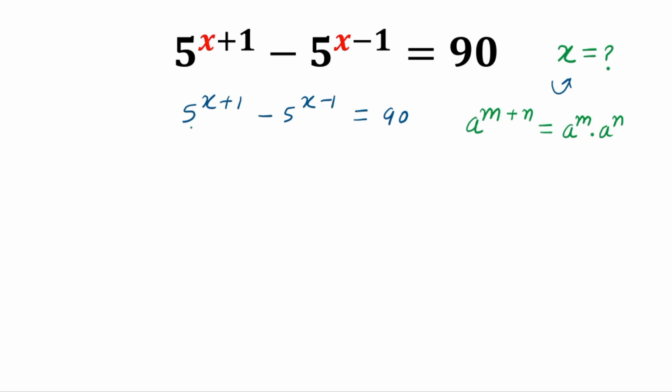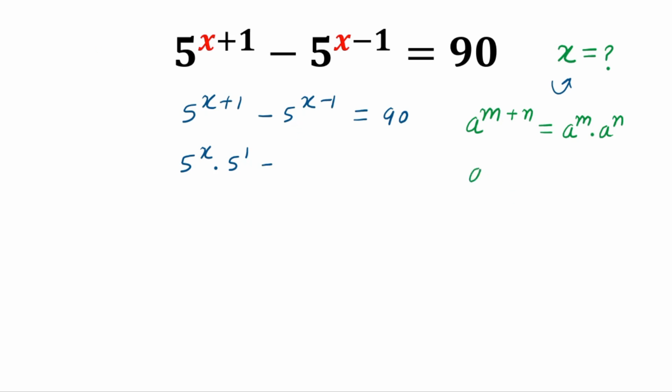Here this 5 behaves like a, this x behaves like m, and this 1 behaves like n. So we can write this expression as 5 power x times 5 power 1 minus, and here we can apply